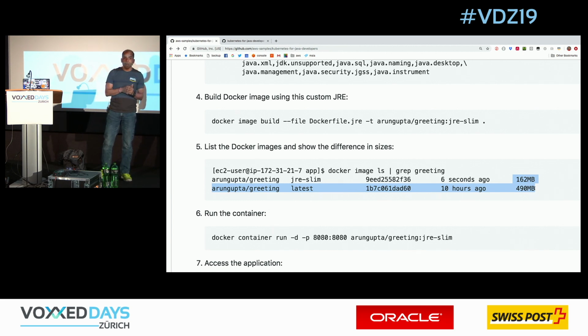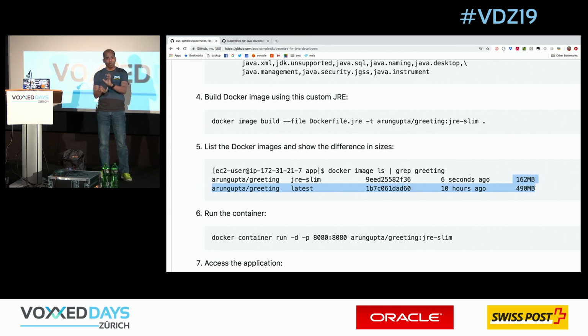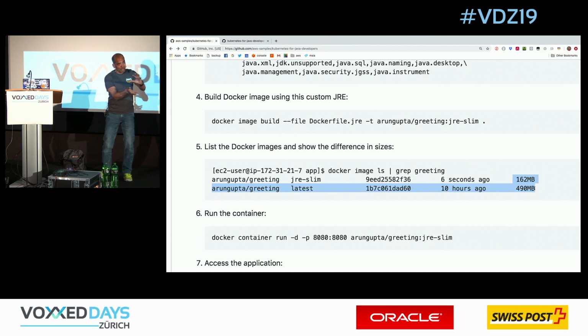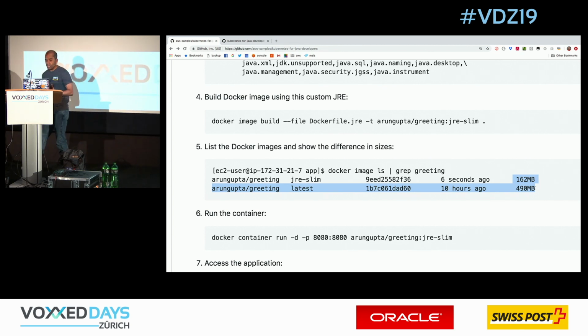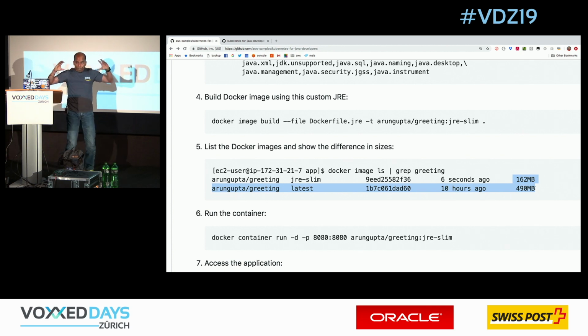I gave a talk last year at DockerCon, which talks about how you optimize your Docker image, particularly from the Java side of the world. We can bring it down to really bare minimal, like, whatever is required by Spring Boot. And then I can start shrinking my application down to a few megabytes. So that's very powerful that you want to understand. So pay special attention to what your Docker image looks like, because with Java, the tendency is the image can bloat up rather quickly. But particularly in the microservices world, as I said earlier, because the image could be downloaded on a host, you don't want that to impact your performance.